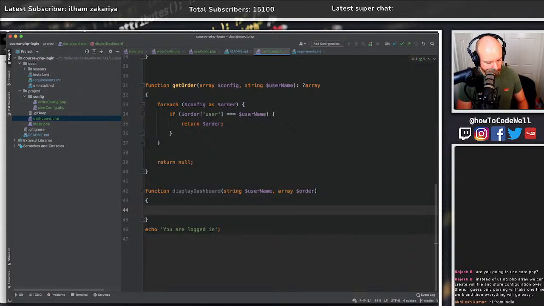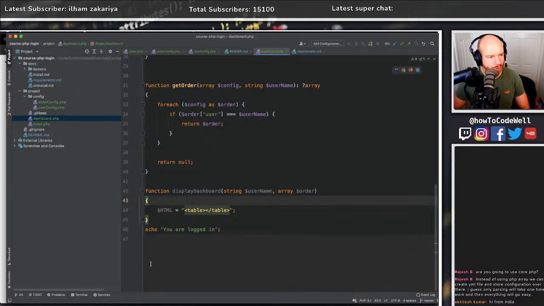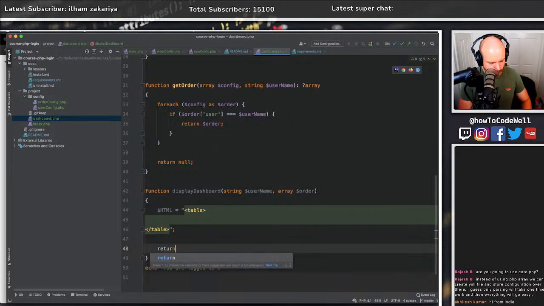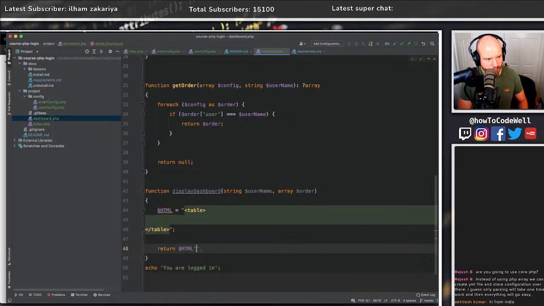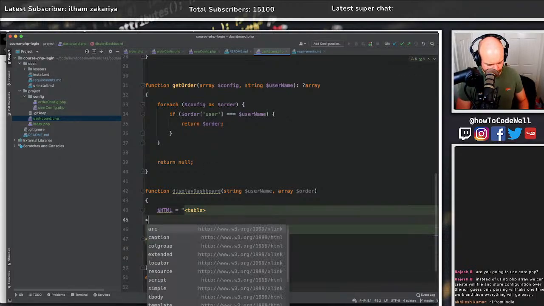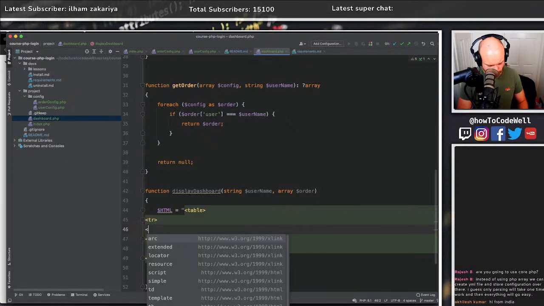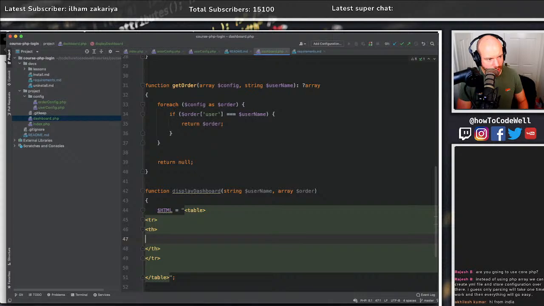I guess what we would do is HTML is equal to, and then double quotes, and actually start building out a table like so, and then down here we will return the table, return HTML. So after this we would have a tr, yes, and then we would have th, and then we would have like